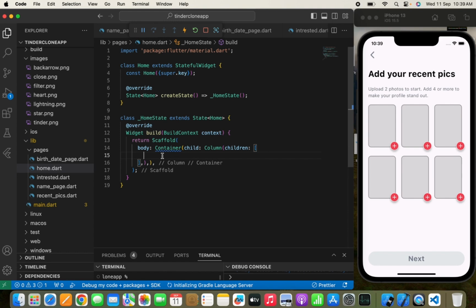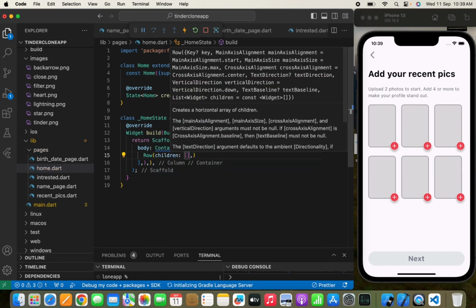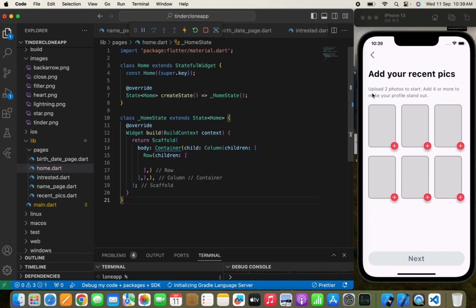Yeah, now we need to simply write a Row and children. Now here on the home page at the top, first I want to show the Tinder icon with a text named Tinder. So first I will show the image of the Tinder. So we are going to show the icon of the Tinder. So we'll write